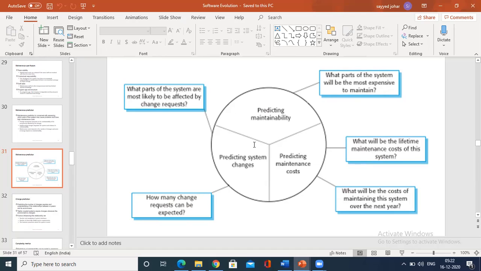So you know what is the meaning of maintenance as of now. After a system has been put into service, that is into maintenance, we should be able to use the process, or use the data, to help predict further future maintainability.